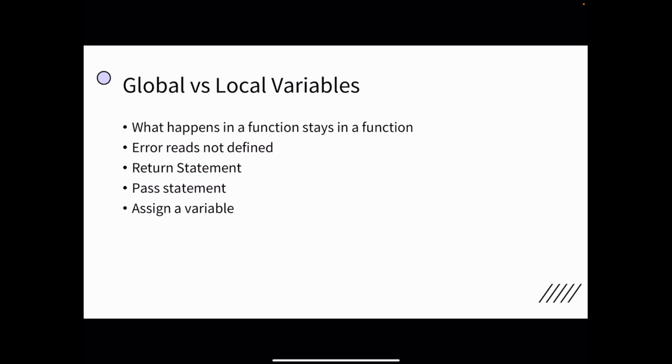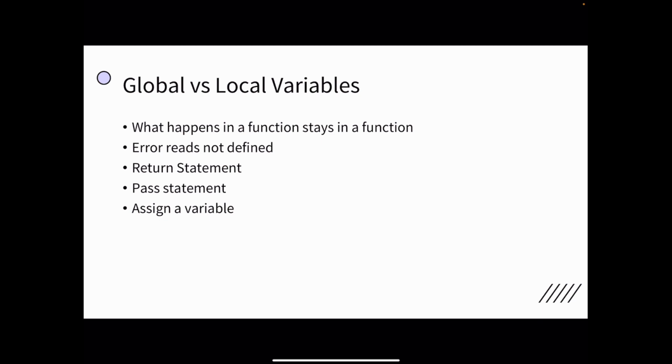All right, global versus local variables. If I define a function and I define a variable outside of that function, which you'll see from just the indentation rules that apply to functions, I cannot access a variable that is outside of that function. But what I can do is pass in a variable or a value as an argument to the function. That goes in reverse order as well. If I create or define a variable from within my function, it is not accessible to the core code outside of that function